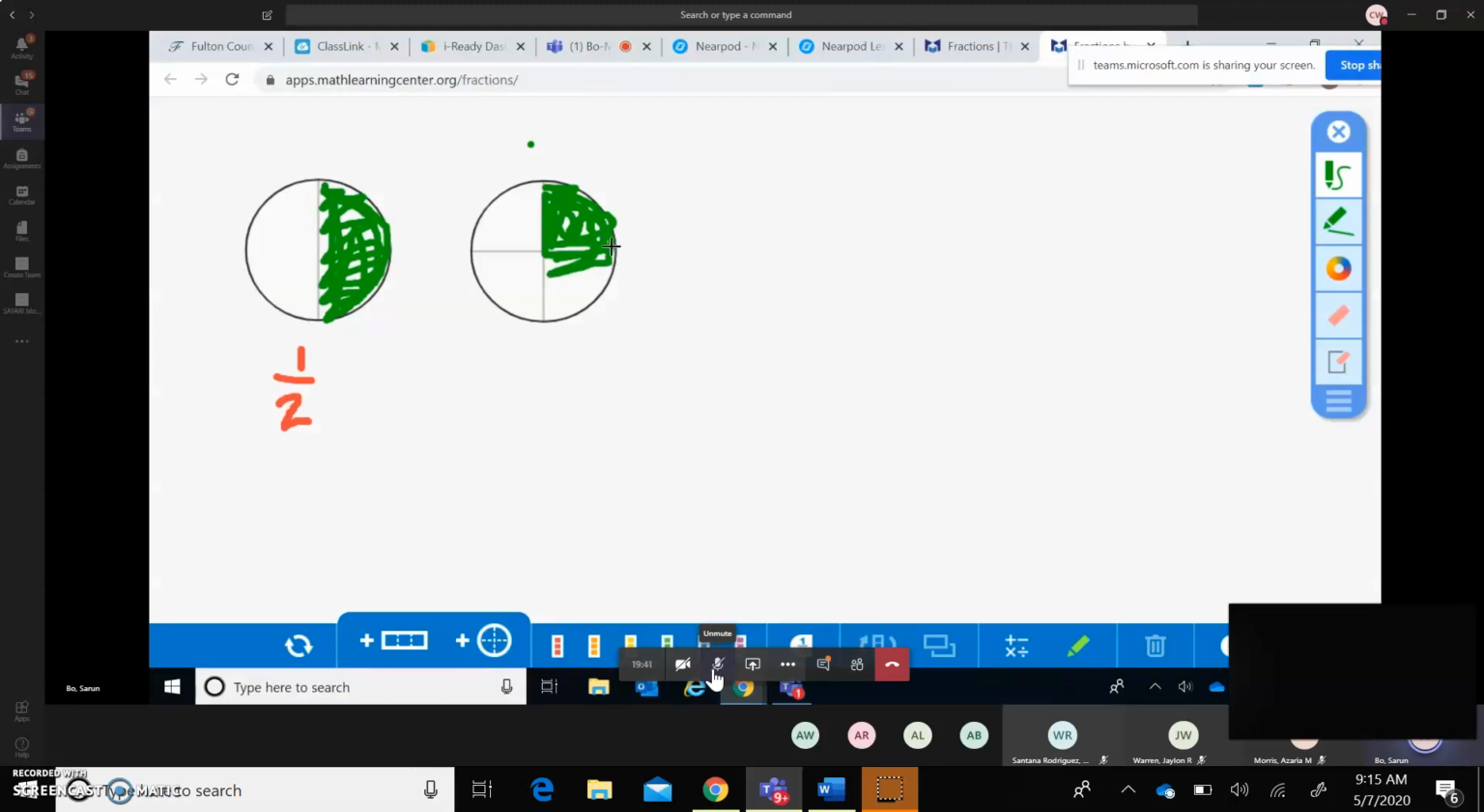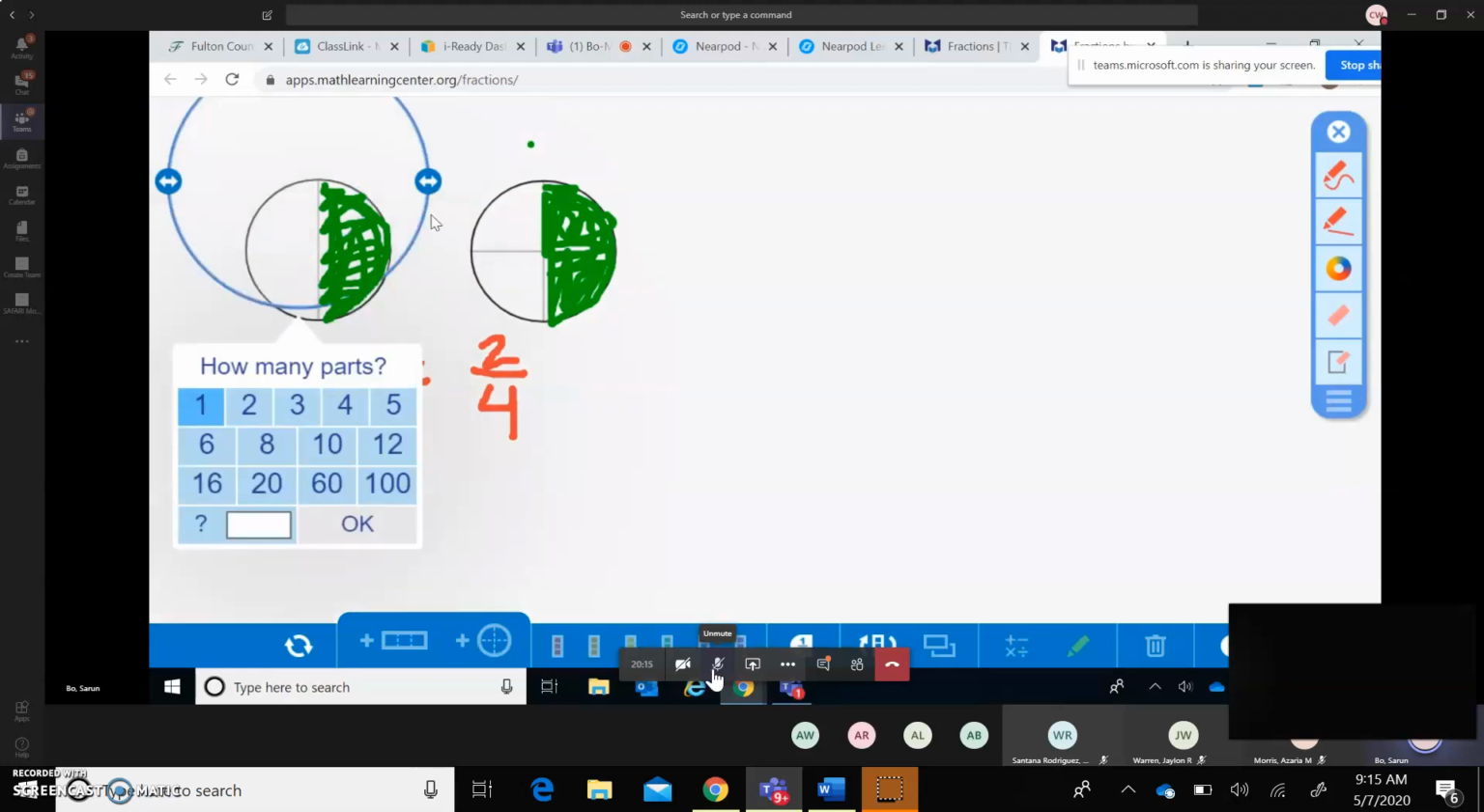So now here you go. As you can see, 1/2 equals 2/4. You can see both halves are shaded in, but it took 2 out of 4 to equal a half. Then the other fraction they modeled,